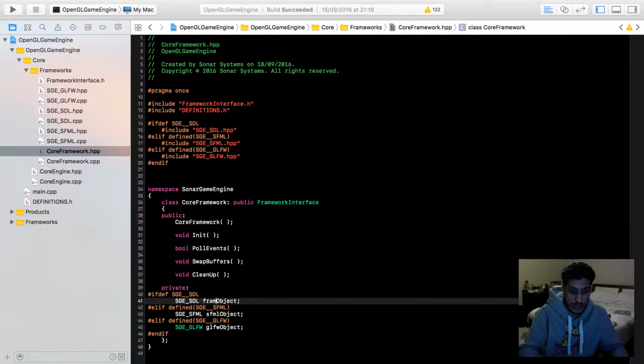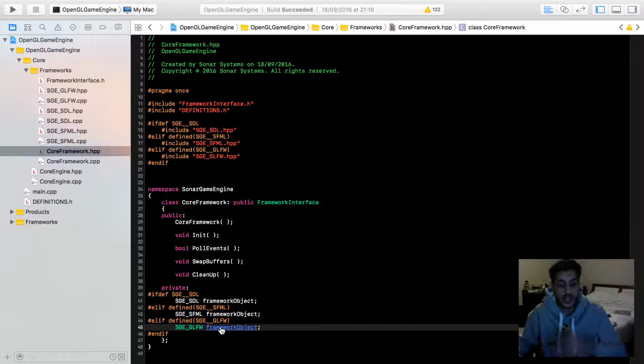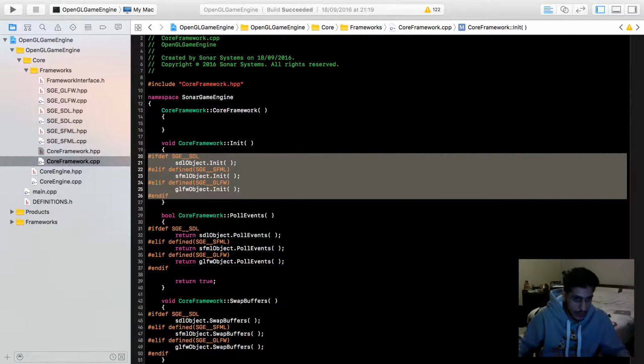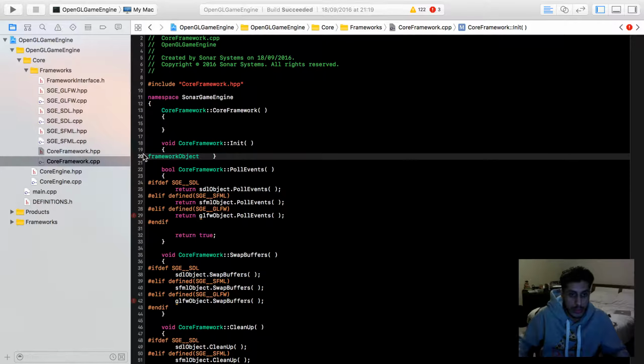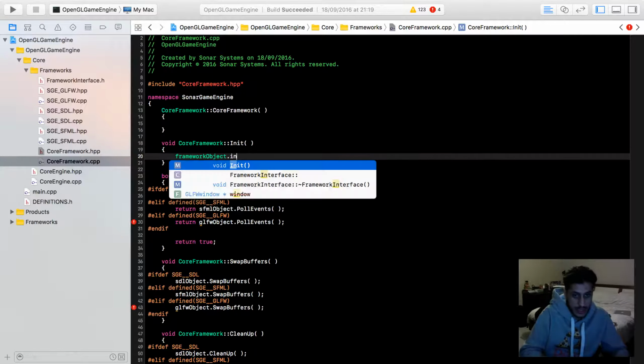So I'm going to put framework object, copy and paste that. There's always going to be a framework object as there was before, but now it's explicitly named as framework object. So in the CPP, we can literally just replace this code with frameworkObject.init,